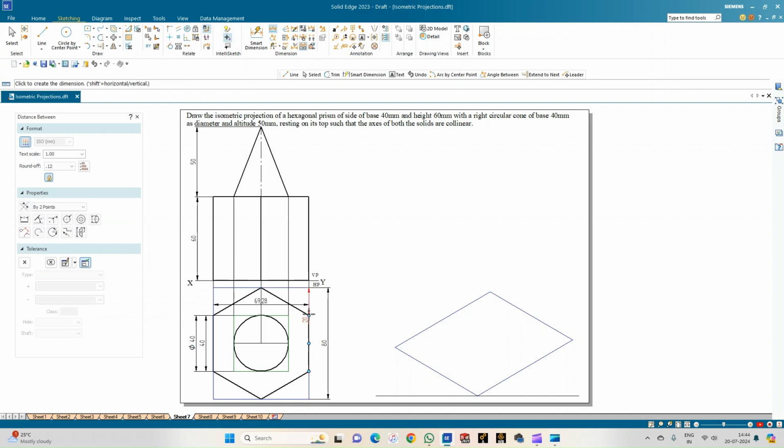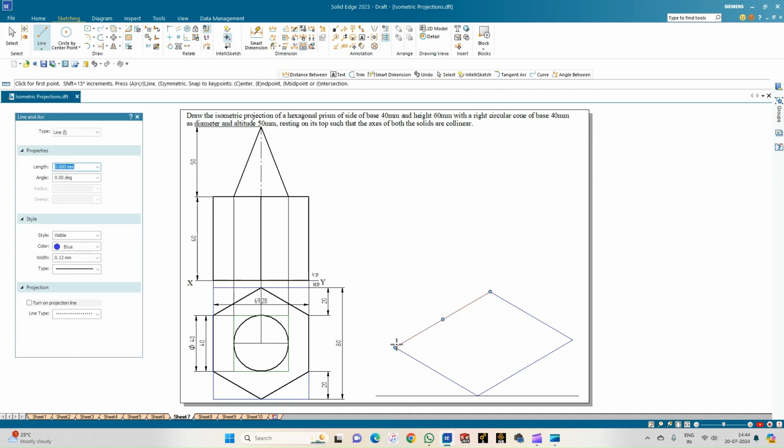So this point and this point, if I measure, I'll be getting the distance as 20 mm. So from here 20 and from here 20, I'll be getting these 2 points. So let me just confirm this distance also, which is equal to 20 mm. So now let me just mark those points on the 80 mm side. So 20 here,